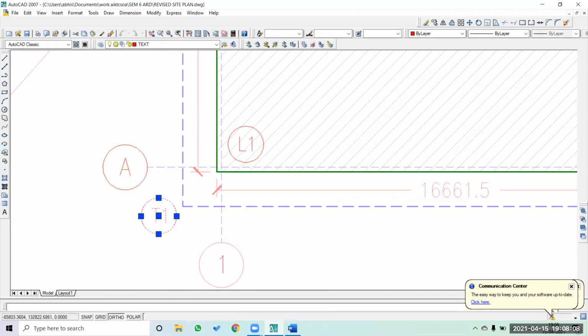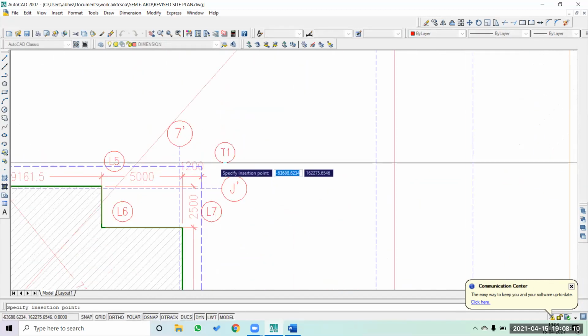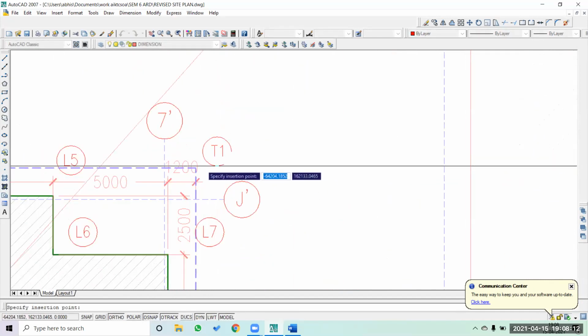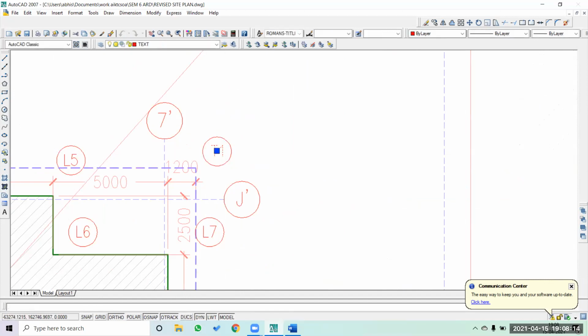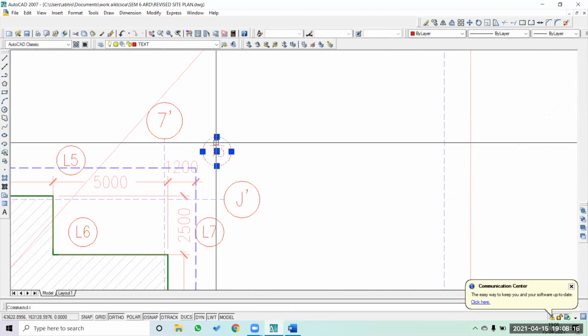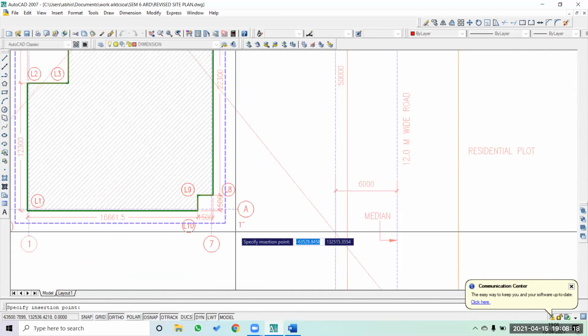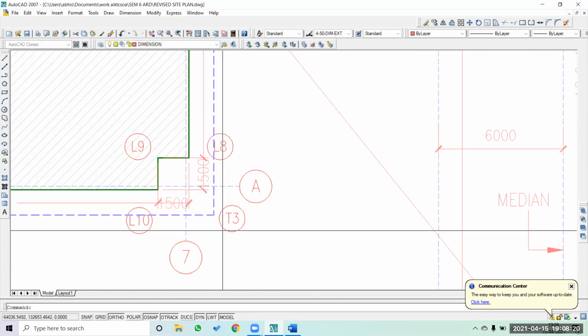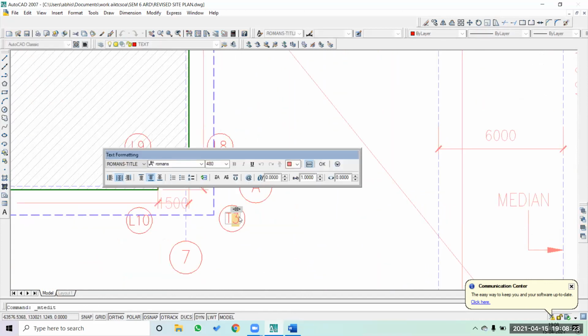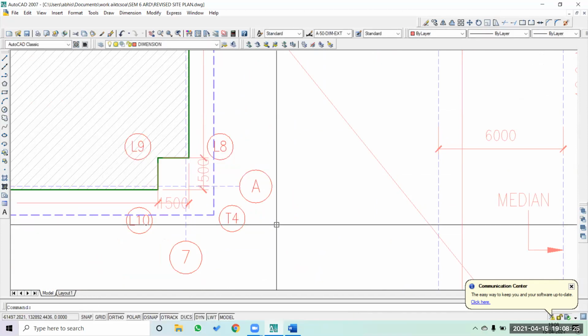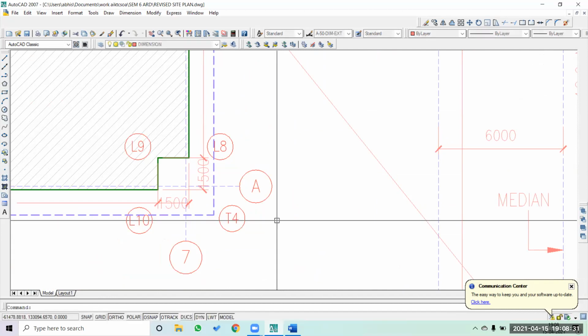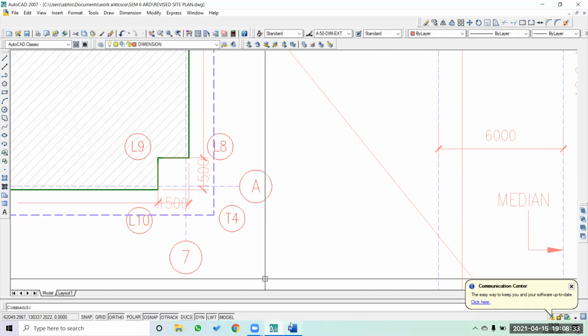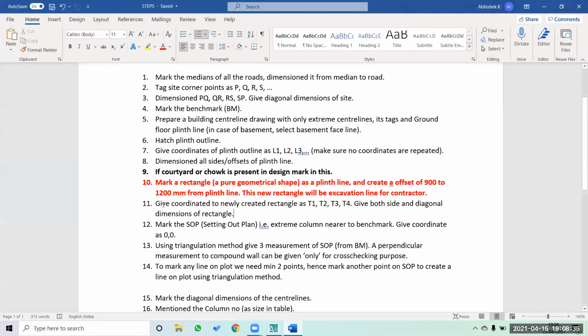So that is T1. Then I'm going to also shift here and give it T3. And this is going to be T4, the last coordinate, because it's going to be a rectangle or any pure geometrical shape like a square or something which we can easily plot. That is how it is, because it's a rectangle.